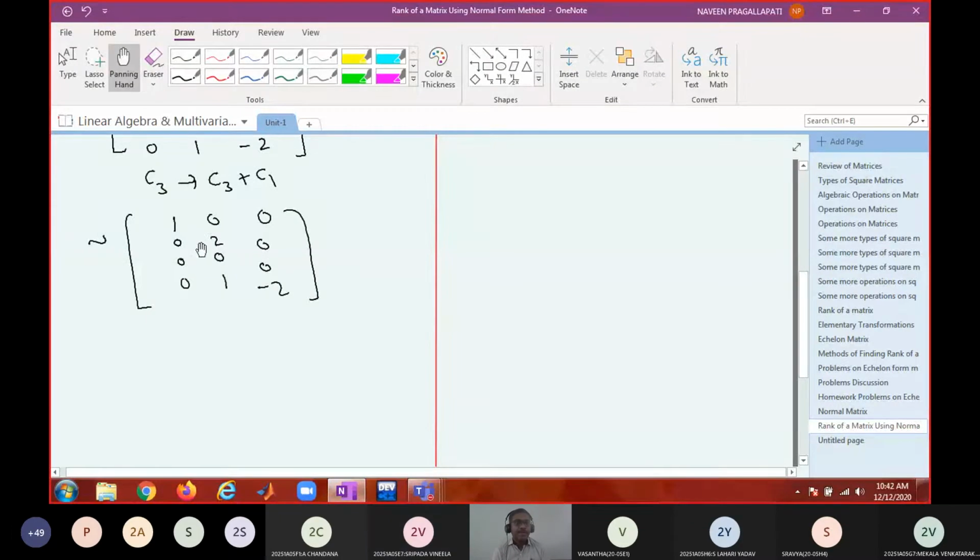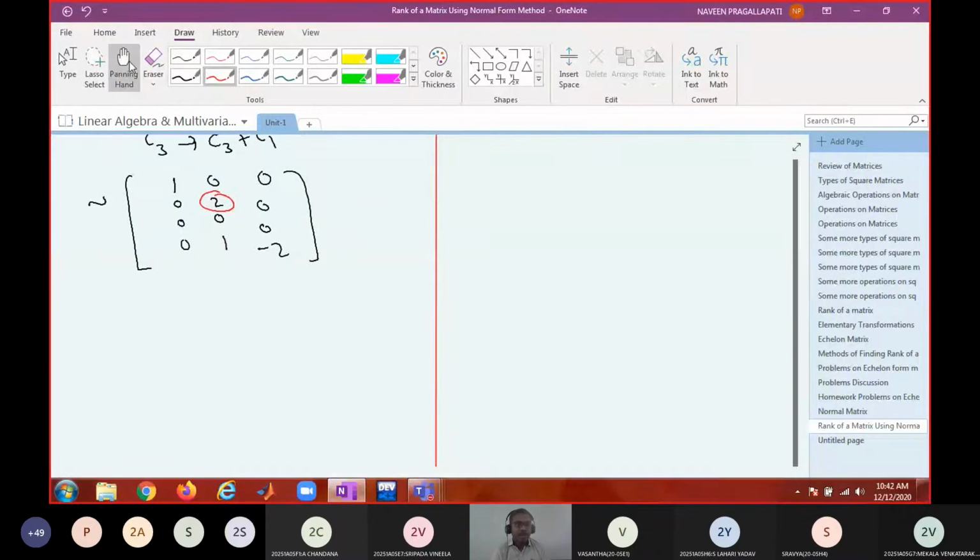So now which position do I have to look at? 2 2, the pivot, the diagonal position. Is this a pivot or not? Yes, sir. Once this is the pivot, circle it. Now apply the procedure. What operations have to be applied now? R4 gets 2R4 minus R2, a row operation to make this entry 0.